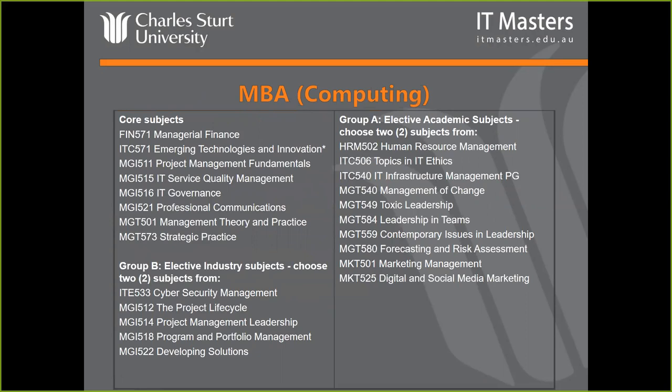As with all of the masters, you have core subjects. This one has 8, so 8 of the 12 you have to do. These are them, or you'll get credit for it. I'll talk about how you might get credit for some of them. Always an interesting one. Finance, one I really struggled with when I did my masters. That is a core in the MBA. As you can imagine, if you're moving into senior management, you really need to be able to analyse a spreadsheet, company performance, and to be able to talk, you know, at board level on how the company's going. So that's an important one. As I said, not everyone loves it, but a very important thing to study.